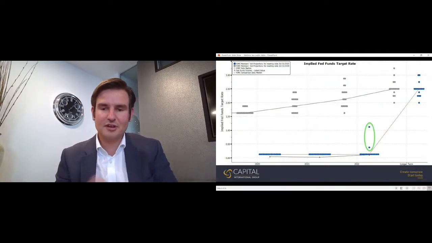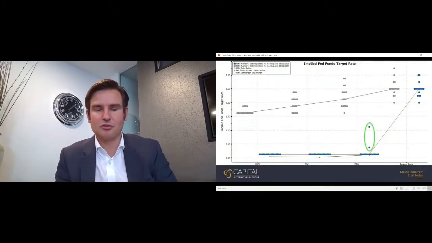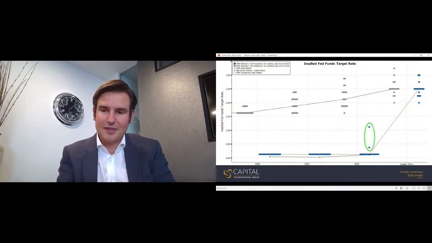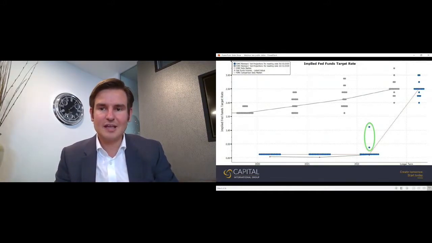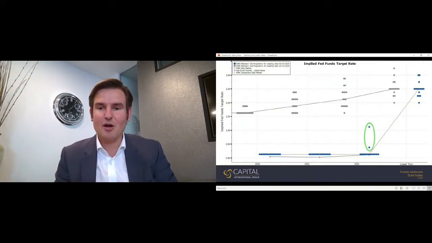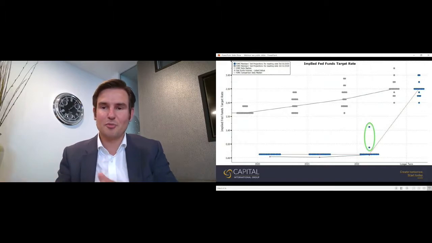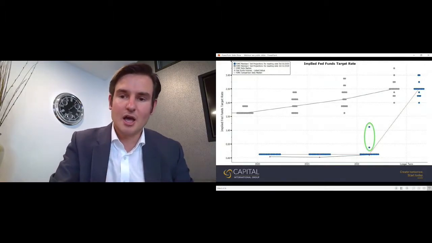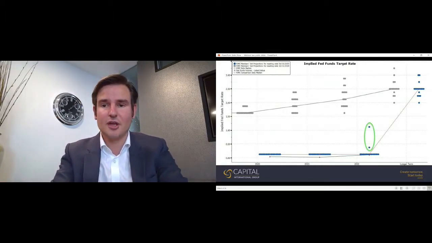I think what's most interesting about this dot plot is that we can see in the scale at the bottom there that actually it's all the way through to 2022 that those rate levels are at or below 0.5%. And I think the other interesting element here, and we'll come on to it later, is that there's quite a sharp move back up after 2022 to position rates where they were prior to the COVID-19 crisis.